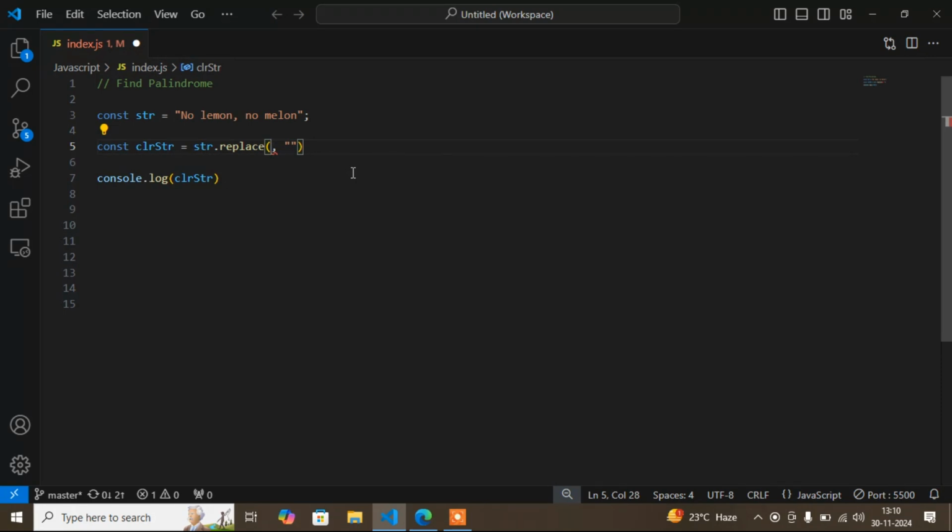So the starting of the regex is like this. Okay, starting and ending, right? Backslash. Inside this backslash you have to write your code. Another thing is this square bracket. Inside this backslash you have to write a square bracket. Inside the square bracket, apart from any kind of character and number,